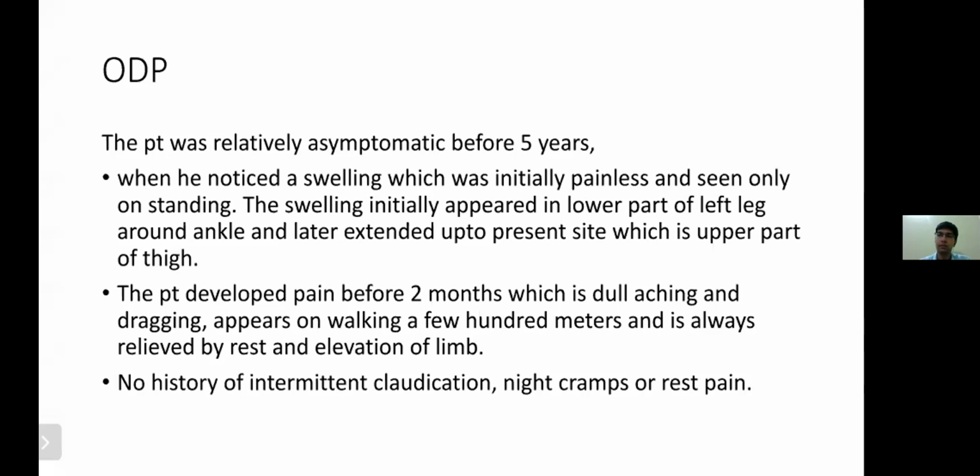Compared to it, the differential of pain in the leg, I already taught that. What is the differential of pain in the leg? PVD, intermittent claudication. Yes, and other differentials? Cellulitis also, there will be acute pain, no? Yes. Then neuropathy, pain due to neuropathy. What is the pain in intermittent claudication? And what is the pain in neuropathy? And what is the pain in varicose veins? And what is the pain in DVT?